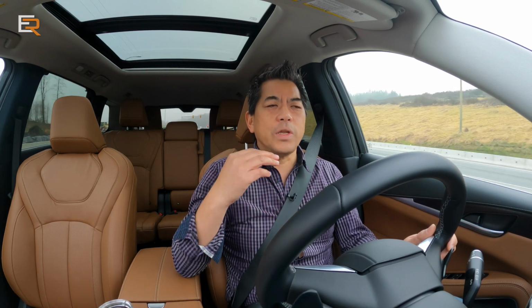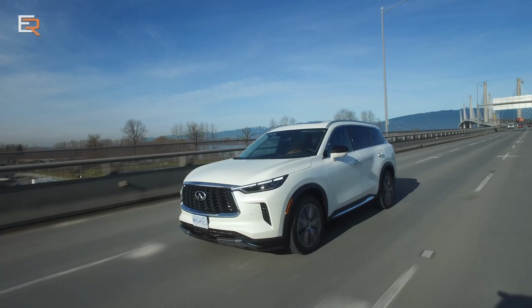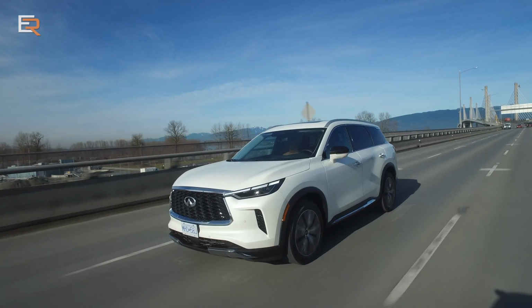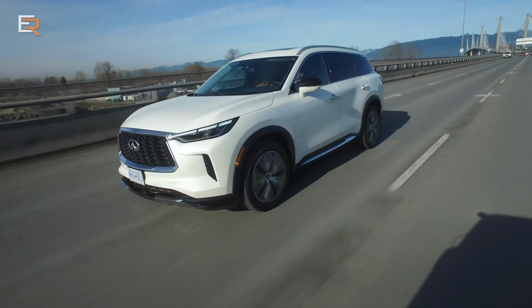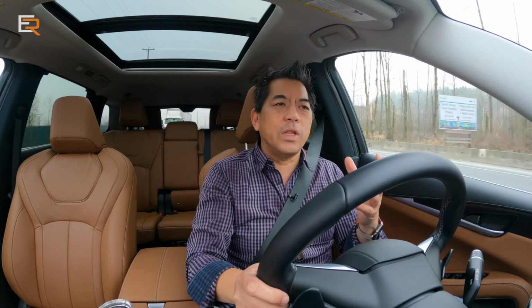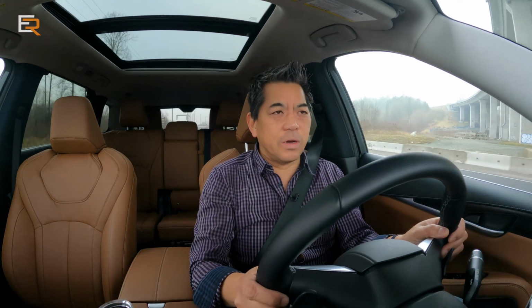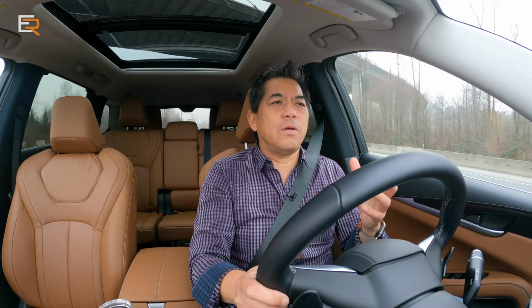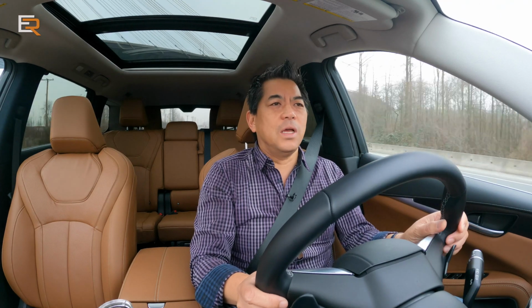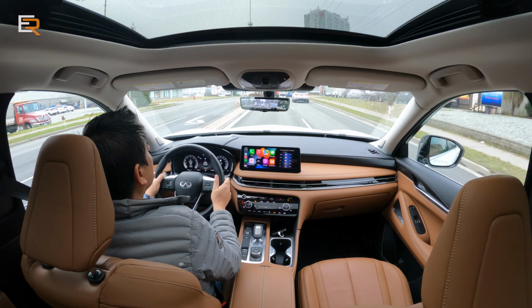However, we noticed on the Pathfinder, the suspension was a little bit stiff at times, especially on some bigger hits and some bigger bumps. This one they've really refined it and smoothed it out a lot more. Transmission's very, very responsive. It just goes with it. They've tuned everything right on this vehicle. Not to say that the Pathfinder wasn't tuned, but for this type of premium experience, this is what you would